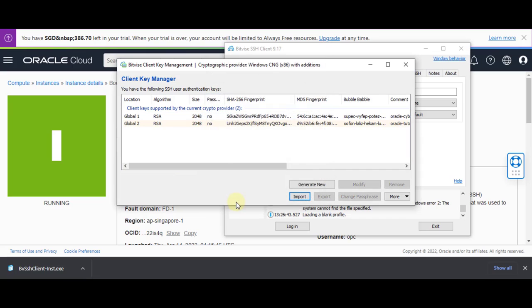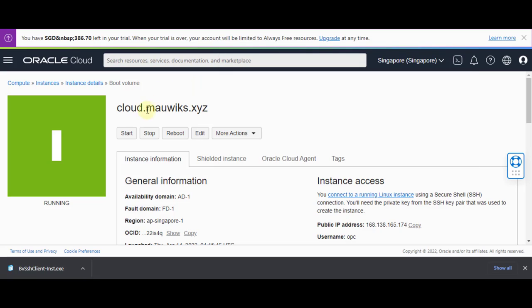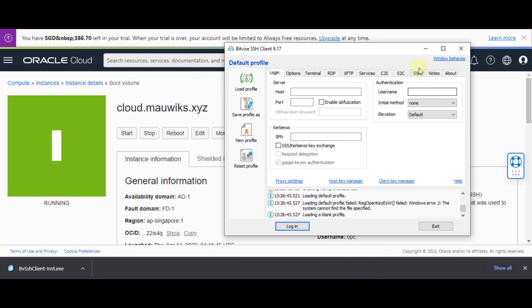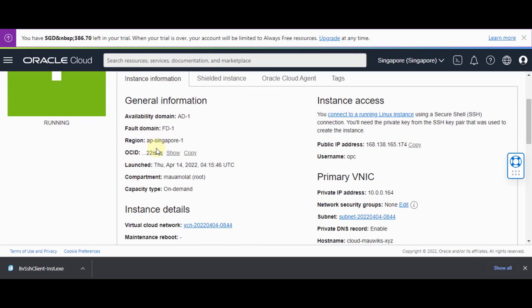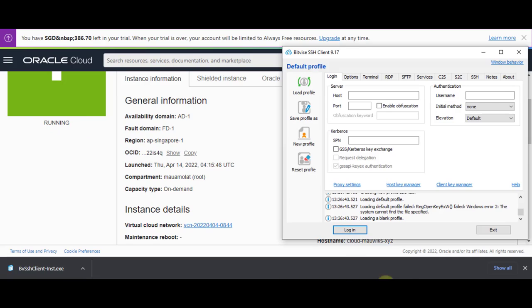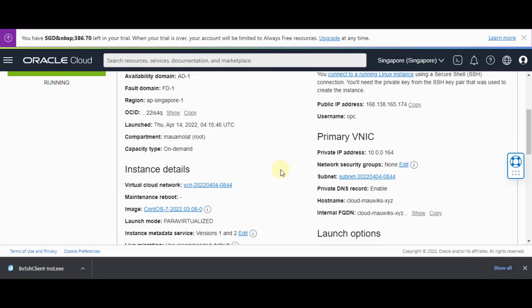So import. Once imported, we can now close it, and then let's go back to it later. Let's go here to our instance and then make sure it's running. So copy the public IP address, add it in the host name, and then once done,